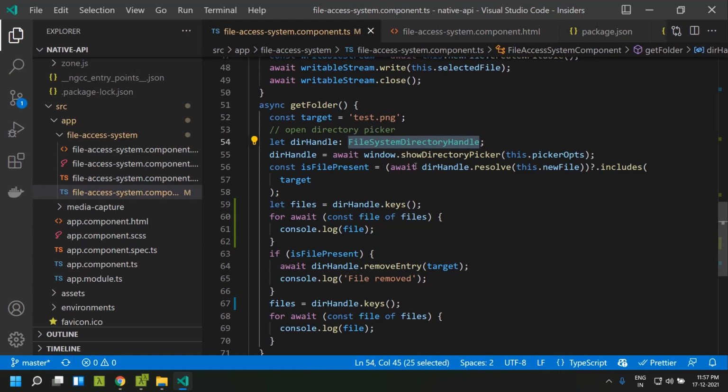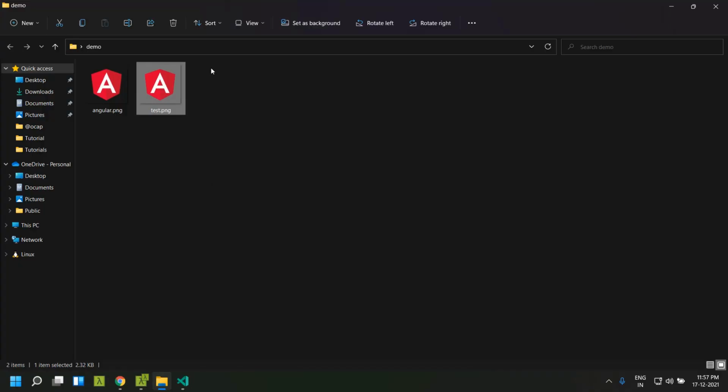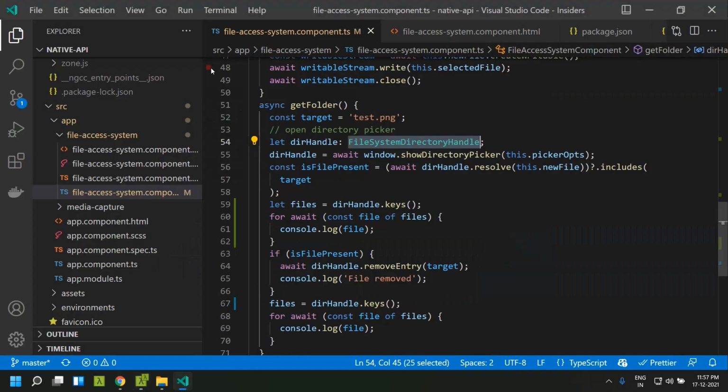So what I'm going to do is try to select the same folder, that is the demo folder which contains the angular.png and the test.png, and I am going to verify that the test.png file exists in that folder.